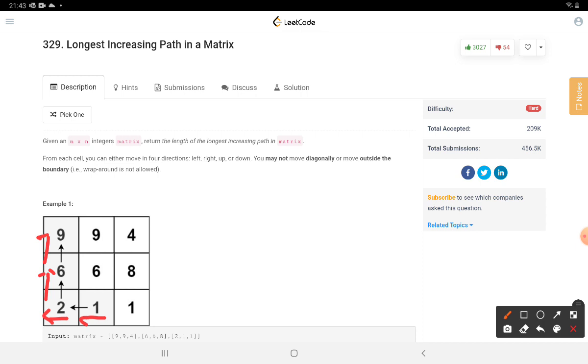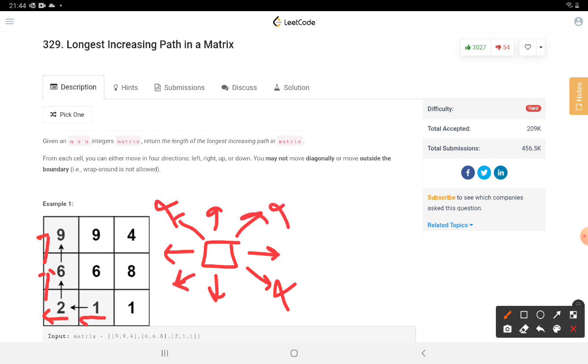What do we mean by neighbors in here? Neighbors are basically the top, bottom, left and right cells of a cell. So there would be 4 neighbors of a cell to which we can move, and it is not allowed to move diagonally. So you cannot move in this direction or this direction. Similarly, all such diagonal movements are not allowed. We also cannot move outside the boundary of the matrix. For example, if you are at 8, then you cannot move out from here and come in from there. So there is no wrap around sort of functionality.